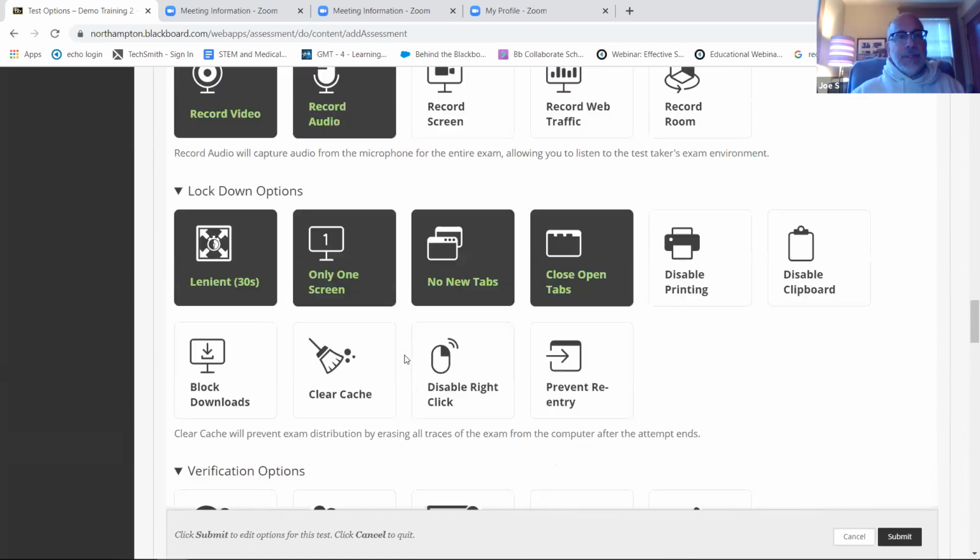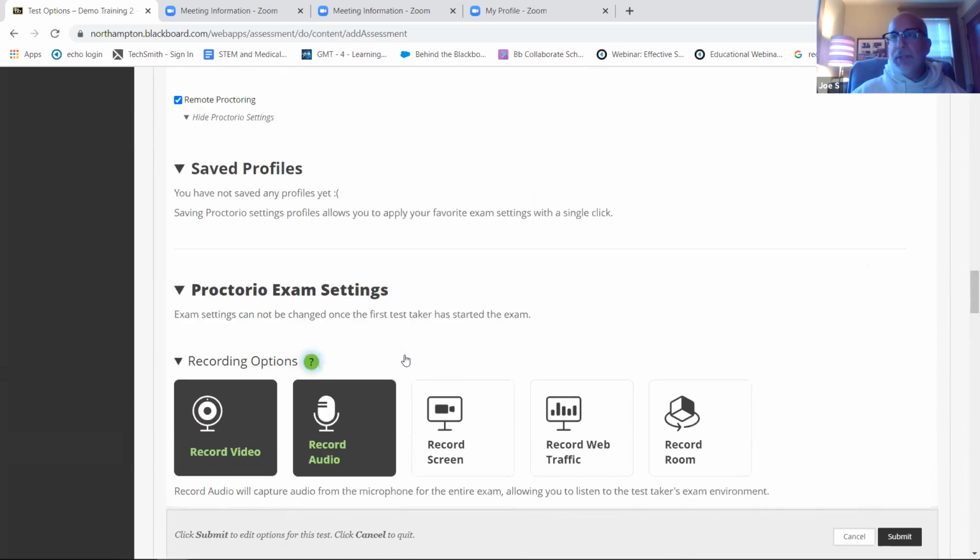But look at all these darn settings in Proctorio. It's kind of a good thing, but it makes it slightly more complex. And we didn't have this smorgasbord with Respondus. We had a few things we could change to put on or put off. But this is really quite robust compared to Respondus. Any questions about all these settings?